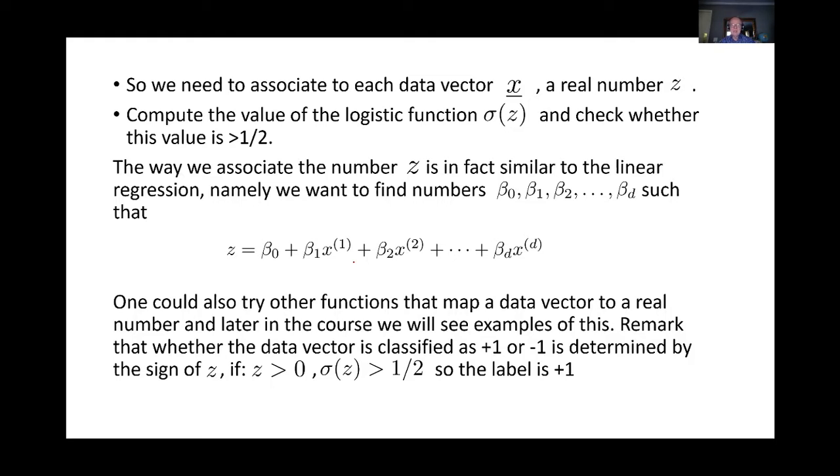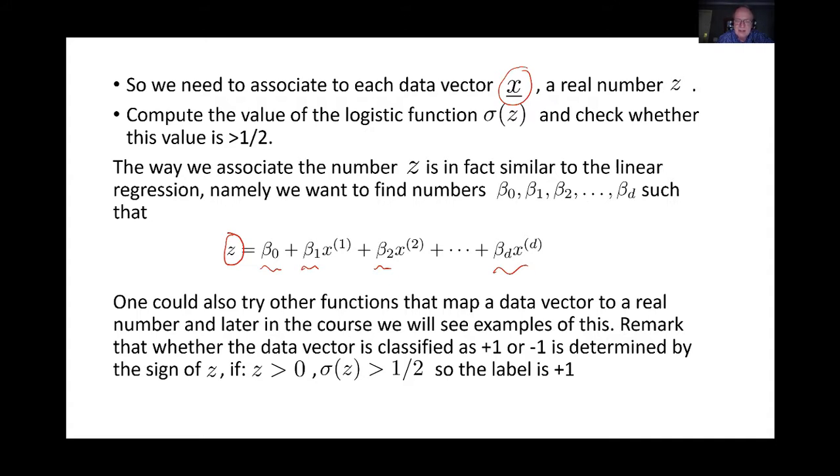And so that will be the way we classify a data vector. So we have to find a way to assign a real number to each data vector, and that's exactly what we did last time. We're going to use a linear regression to do that. So we're going to try to find coefficients beta 0, beta 1, and so on, such that when we get this value z here and take the logistic function of that, it is going to match the labels we have for